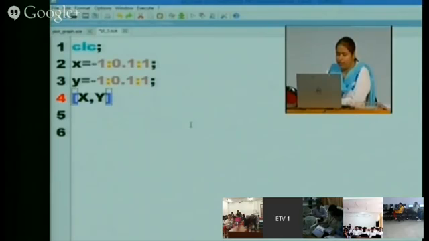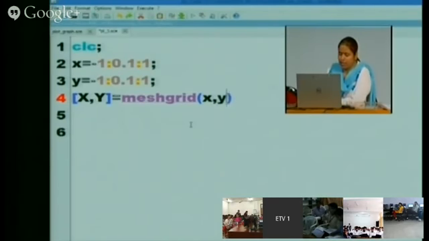Now declaring the grids and the values, it will be written as meshgrid x comma y. Then z is equal to x square plus y square.